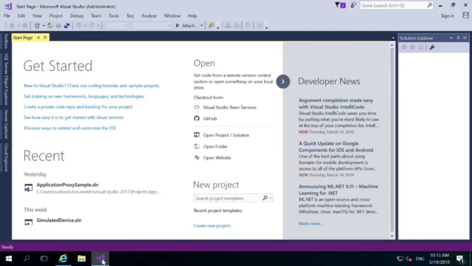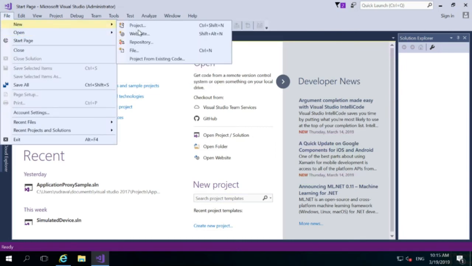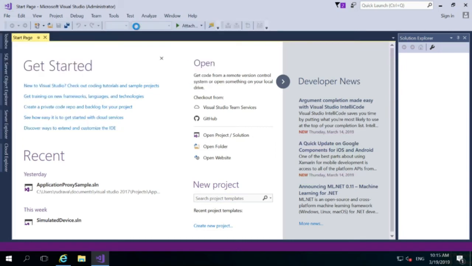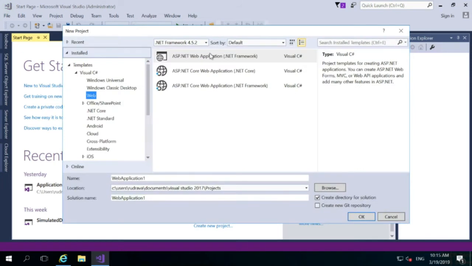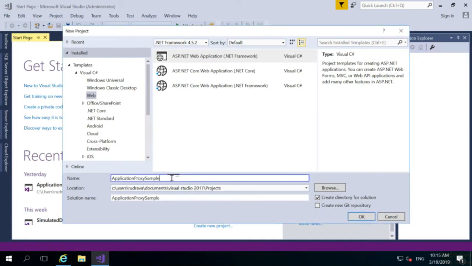Okay, let me go into Visual Studio and quickly create a project. I'm going to name this Application Proxy Sample, Sample 1, let's say.